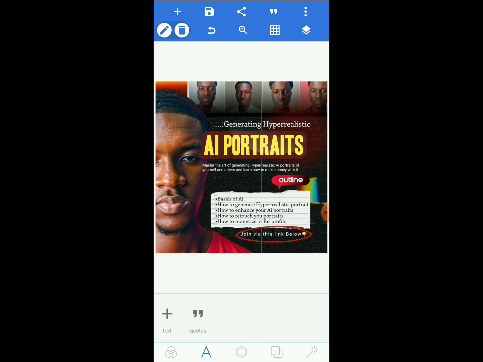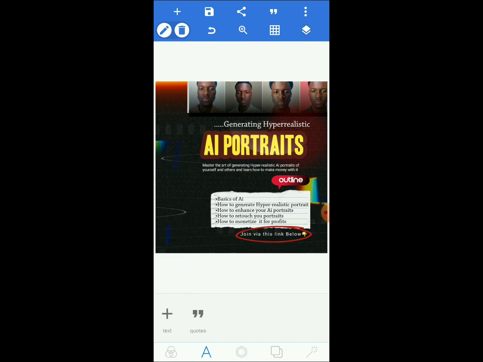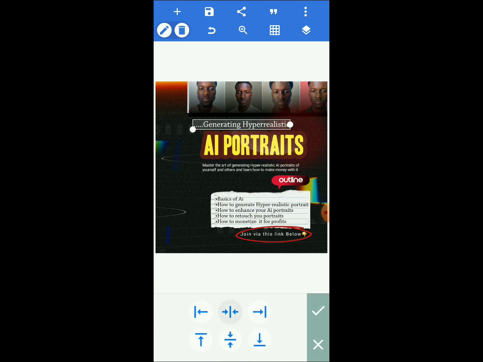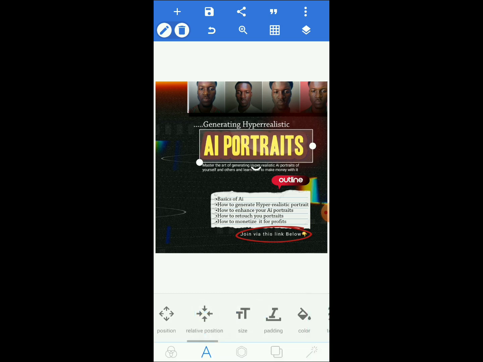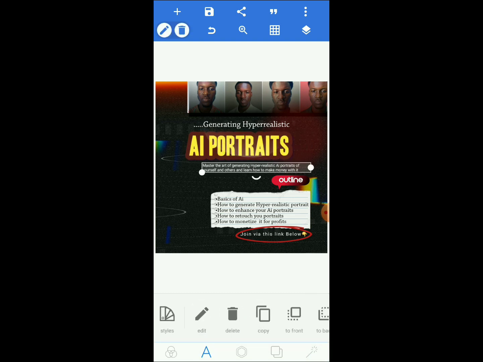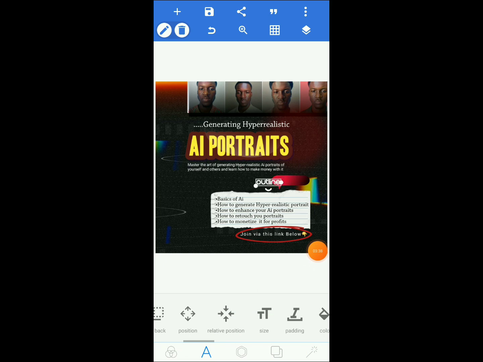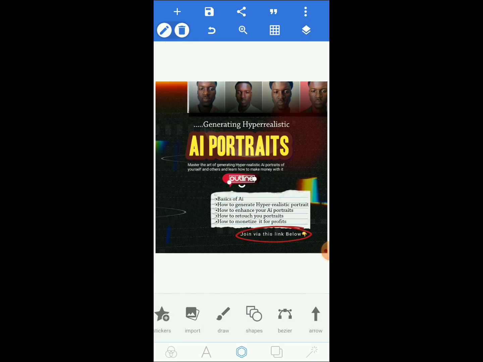If you want it to be a center alignment, this is what you have to do. Just come here and then move it to the center. When you tap on each of the texts, come to relative position and choose center or middle, align it, right? So move it here. You can use the relative position, tap on this one, that's the center align or the middle align. You make sure that you align them, take your time and align all your